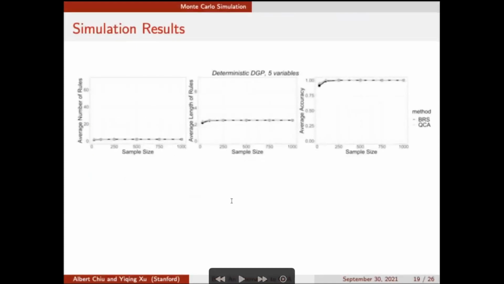And so we see here that in a deterministic setting, QCA and BRS basically perform the same. On the left here, we have the number of rules. So how many rules are in a rule set? In the middle, we have the average length of rules. So how many conditions are in each rule? And on the right, we have out of sample accuracy. And again, BRS and QCA both do similarly and both basically recover the true rule set, at least for a